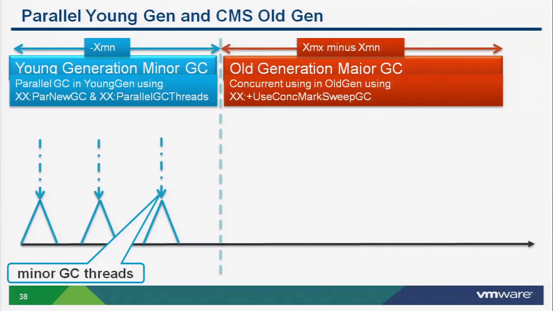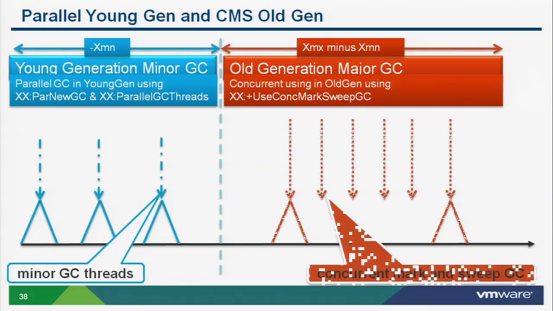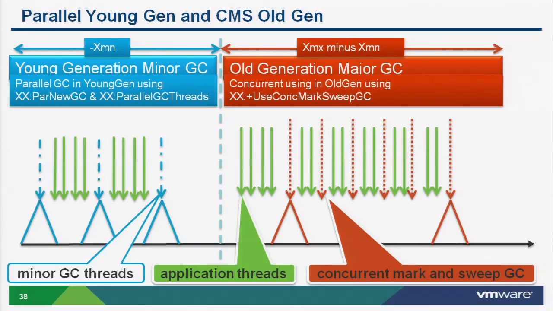Now, what we're trying to do here is understand these minor GCs as they happen. Obviously they're pausing, so your application threads will be paused, but we're trying to measure the frequency of these and the duration of how long they pause for. We want to do the same thing in old generation, because our objective is to try and fit as many green threads, these are application threads, in between the GC